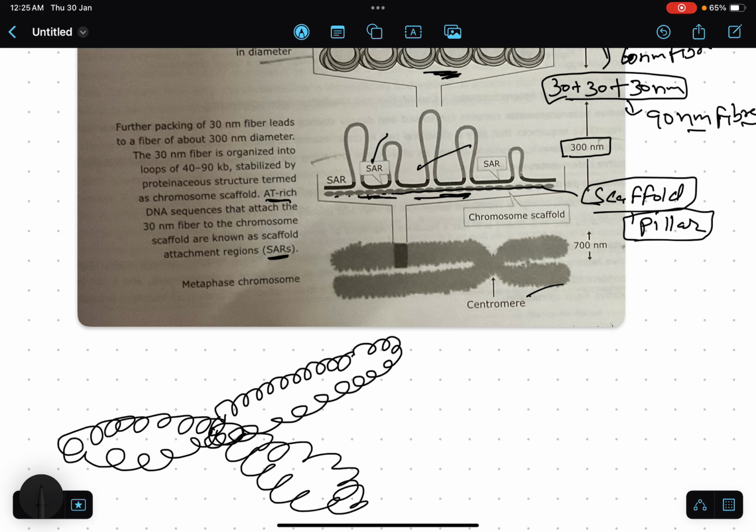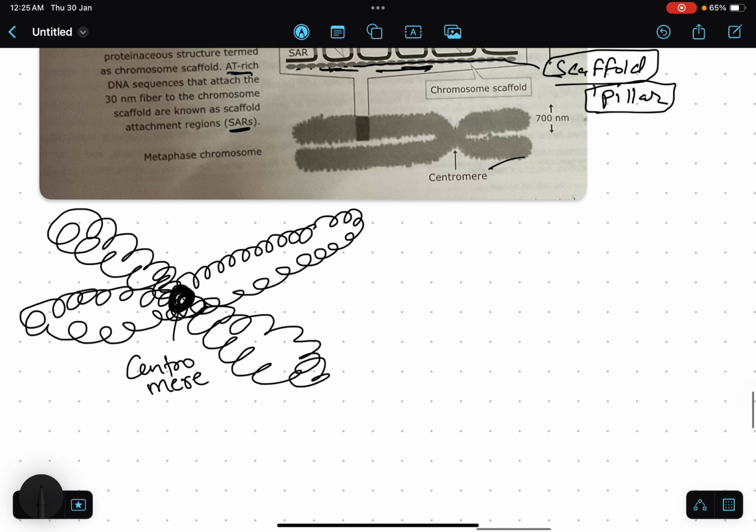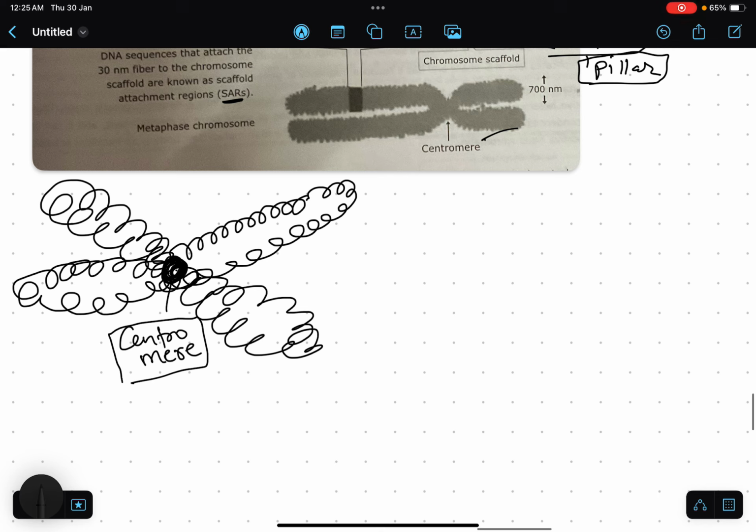And it will produce a structure that is known as a chromosome, and where these two arms meet together, this center is known as the centromere. This is known as the centromere, and here another protein is attached to this centromere region, which also has a conjugate sequence, that is known as the kinetochore,